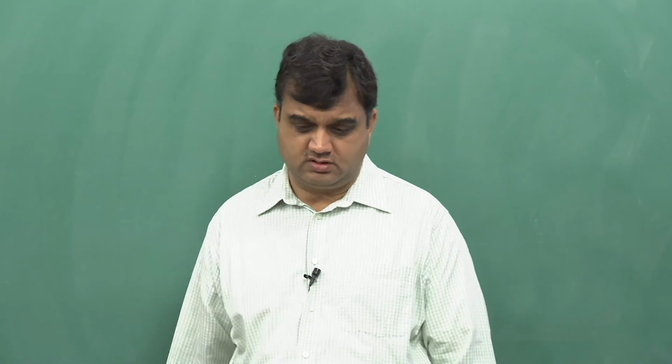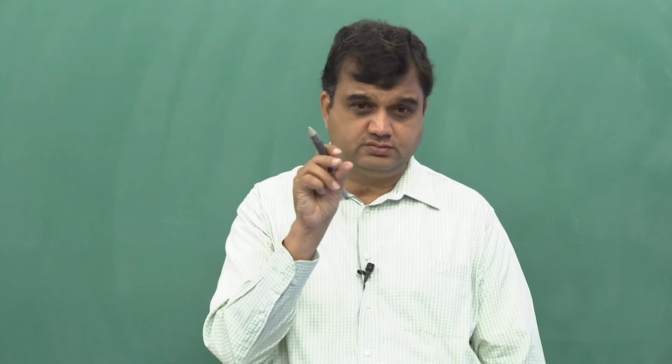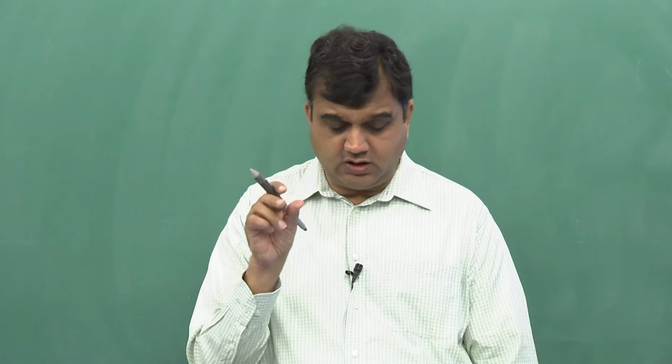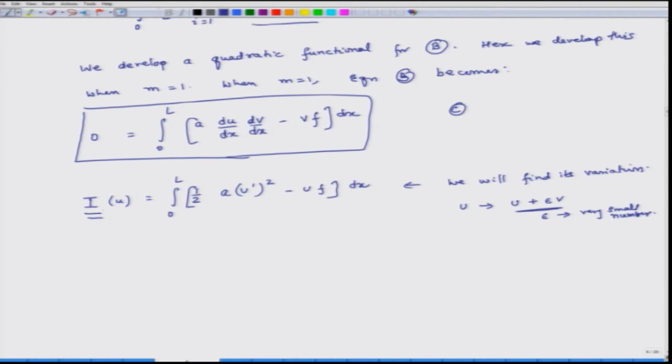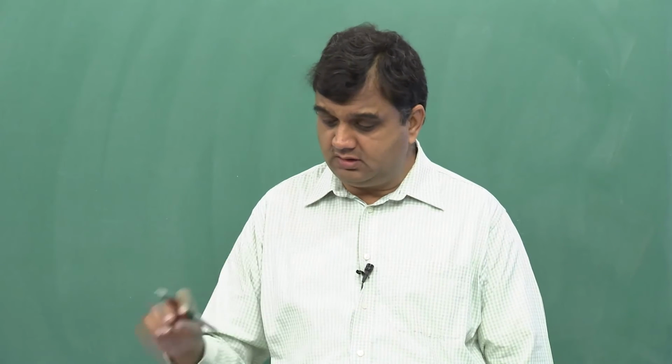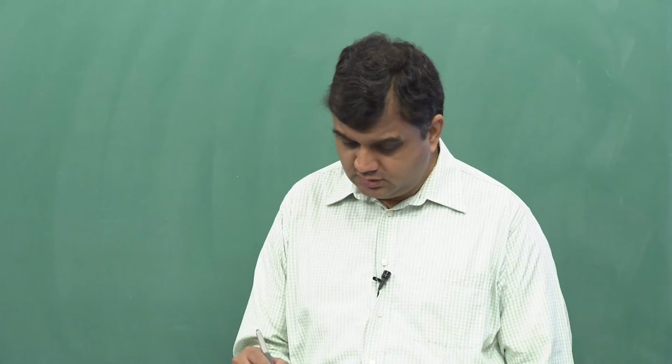So what I am doing is replacing u by u plus some very small disturbance in u. Then I will see how this I gets disturbed. I am finding out the disturbance in I when u gets disturbed by an extremely small amount, which is of v. So this is equal to